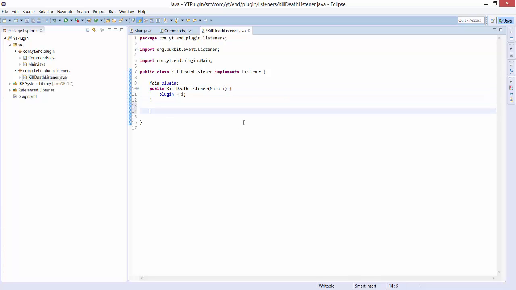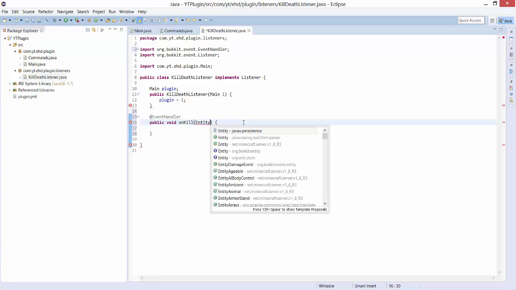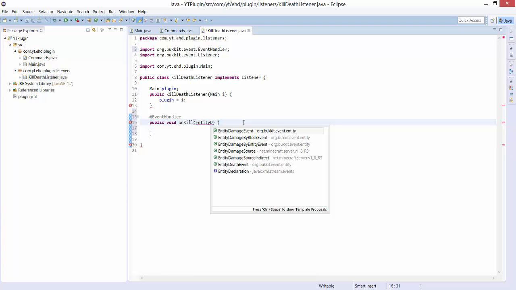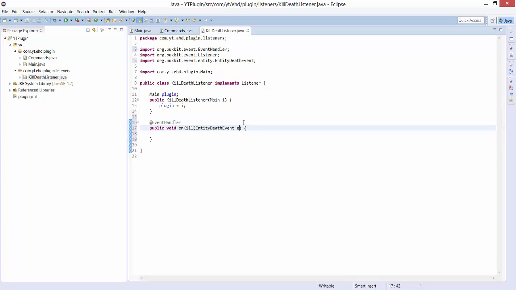Okay, let's do an add event, control space. Yeah, it was control space. Then public void on kill, and then do EntityDeathEvent e. So